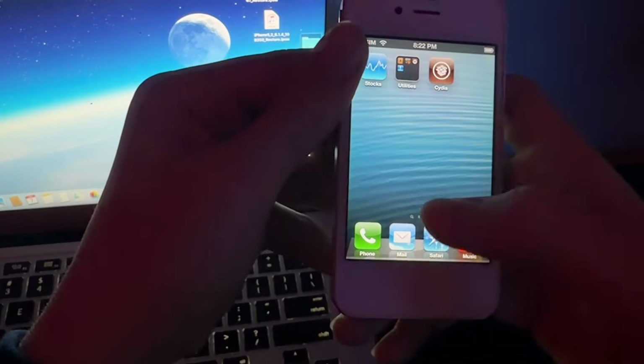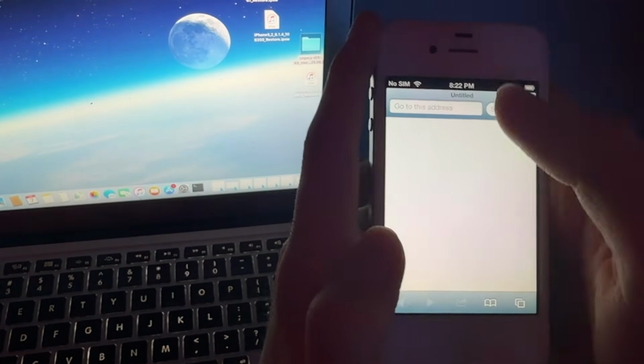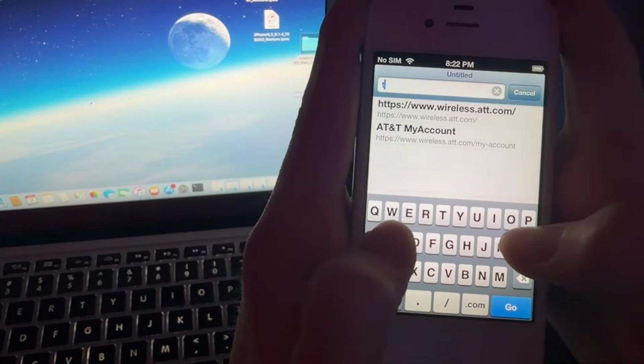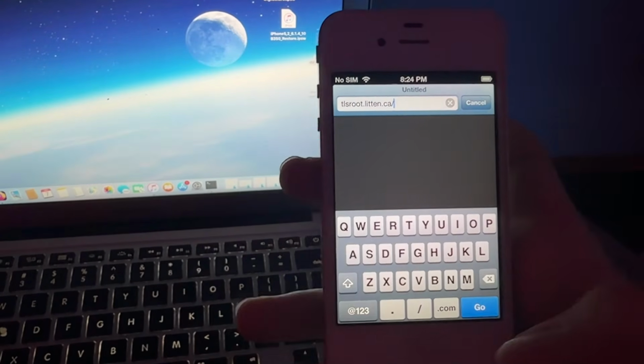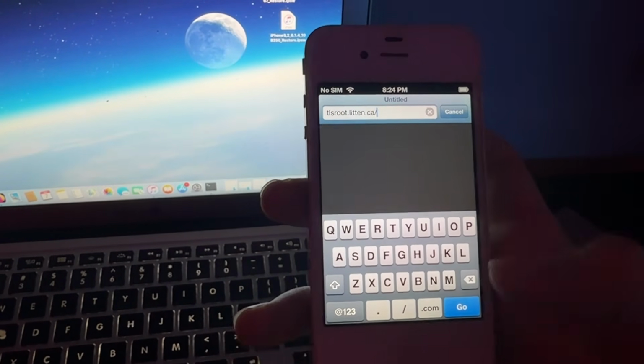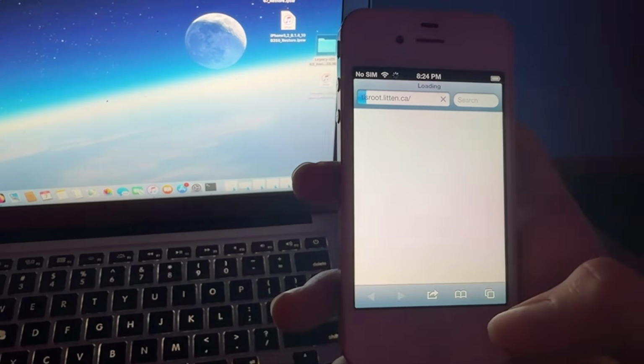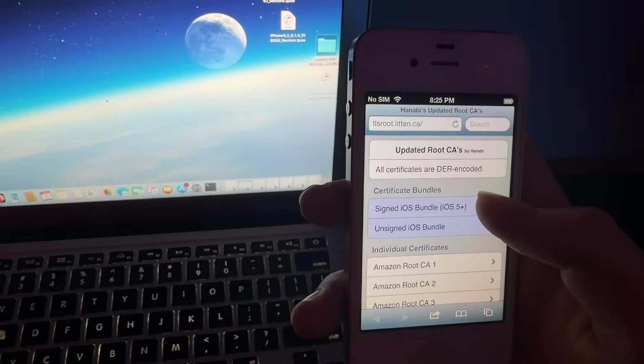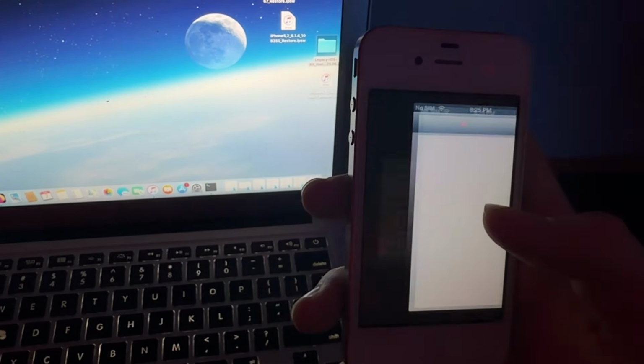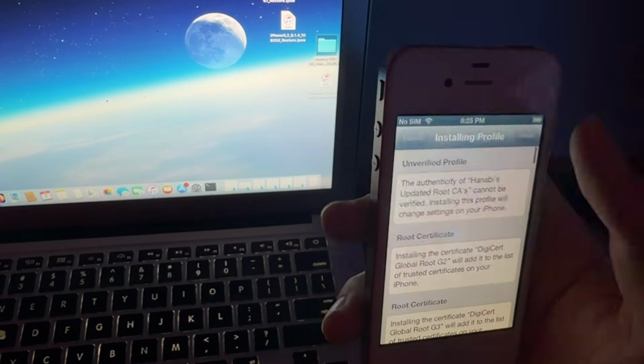So what you're going to do here is you're going to go to Safari. I'm going to leave this also in the description. You're going to go to tlsroot.lytton.ca/, and I'm going to leave this in the description. You're going to hit go on this, of course. What you're going to do here is you're going to get the signed iOS bundle for iOS 5 Plus, install,